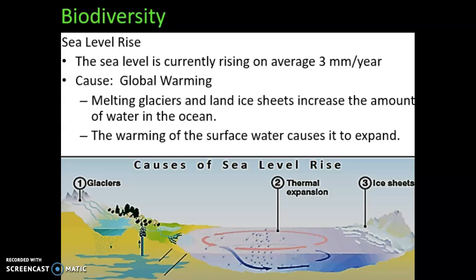We saw that it leads to an increase in coastal erosion. There is more salt water intruding into land, killing off plants. It changes the currents. It changes where the plankton is found, how deep it is in the ocean, which affects the entire food chain. So there are lots of unintended consequences of this sea level rise. While we're talking about our seas and oceans and some of the things that we've done to limit biodiversity there, we can also talk about